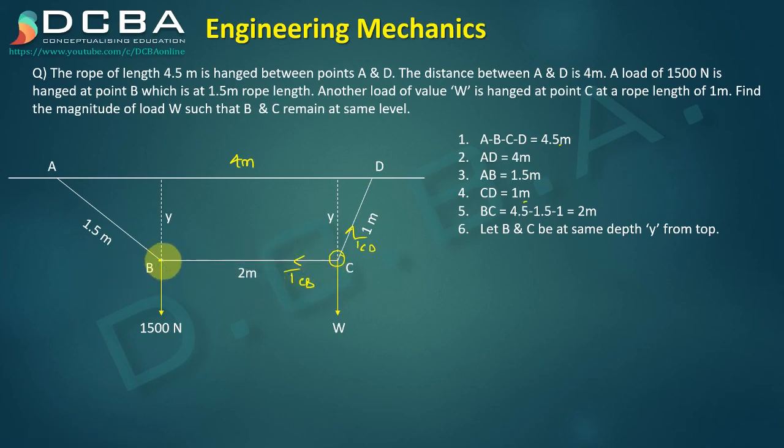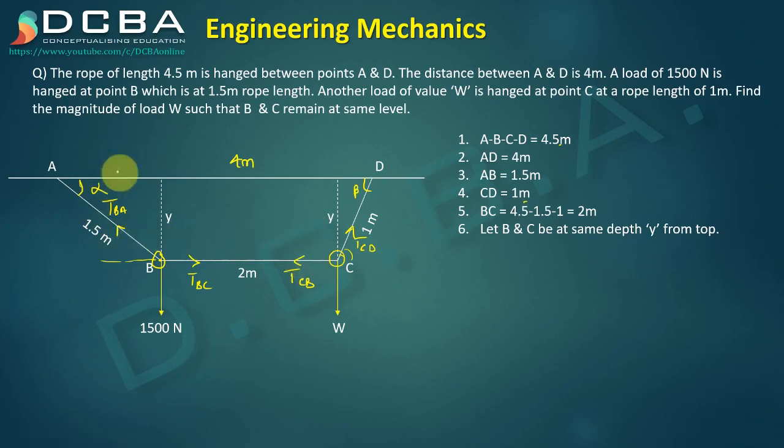But if I apply Lami's theorem at this point, I know at least one force. So I can find T_BC, which is equal to T_CB, and I can also find T_BA if required, but it's not required. So I have to compulsorily apply Lami's theorem at point B. But there is one more problem again, that we do not know the angles at which these diagonal strings are acting. So again, this angle is not known to us, right? So those angles we have to find first. Let's say this is angle alpha, this is angle beta.